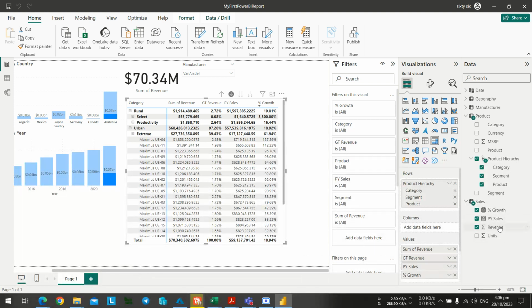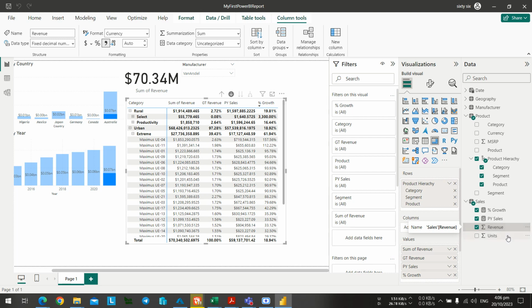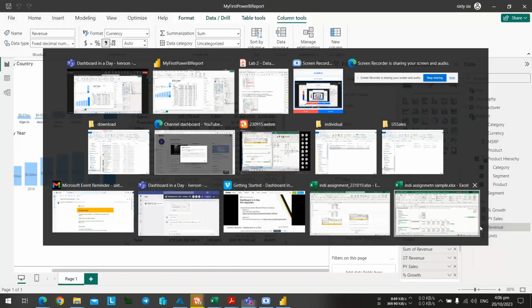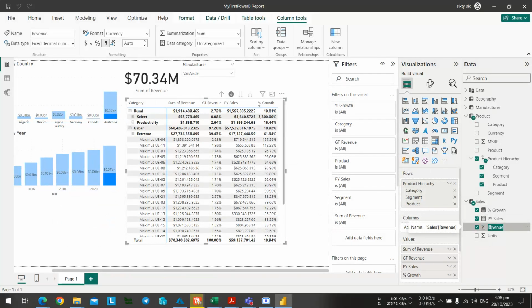Step number 1, page 5. What's to do with page 5? The top one is all description; you can read it on your own. Step 1, page 5: with the matrix visual selected. Mine is selected. Navigate to the value section in the visualizations pane and select the arrow to the right